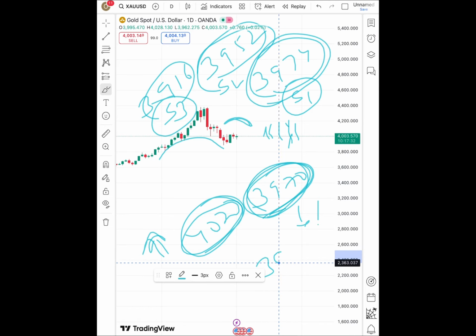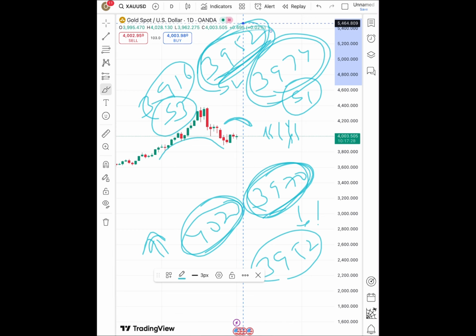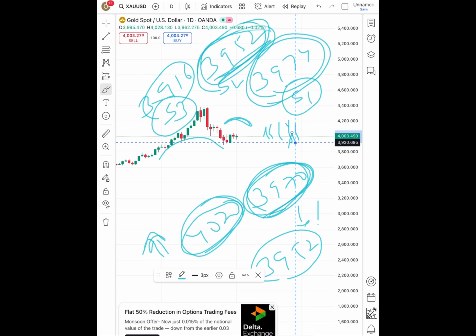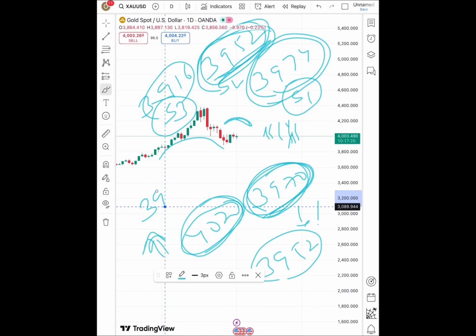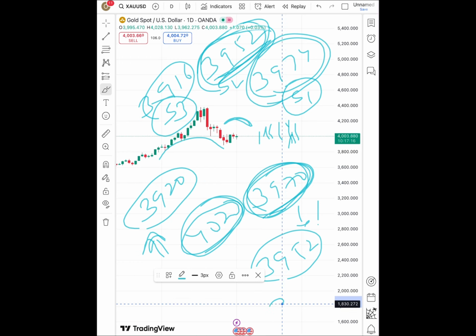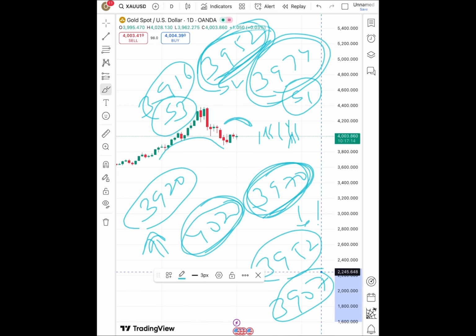If it starts going below this level, the chance of crossing 39.52 can be there, because this level is already weak, so chances are high the price will fall further down, and after that we can see it fall towards a level of around 39.20, and if the price falls below that level, the chance of touching 39.07 is there. And if the price falls below 39.07, a further downfall can be seen towards a level of 38.93, and if